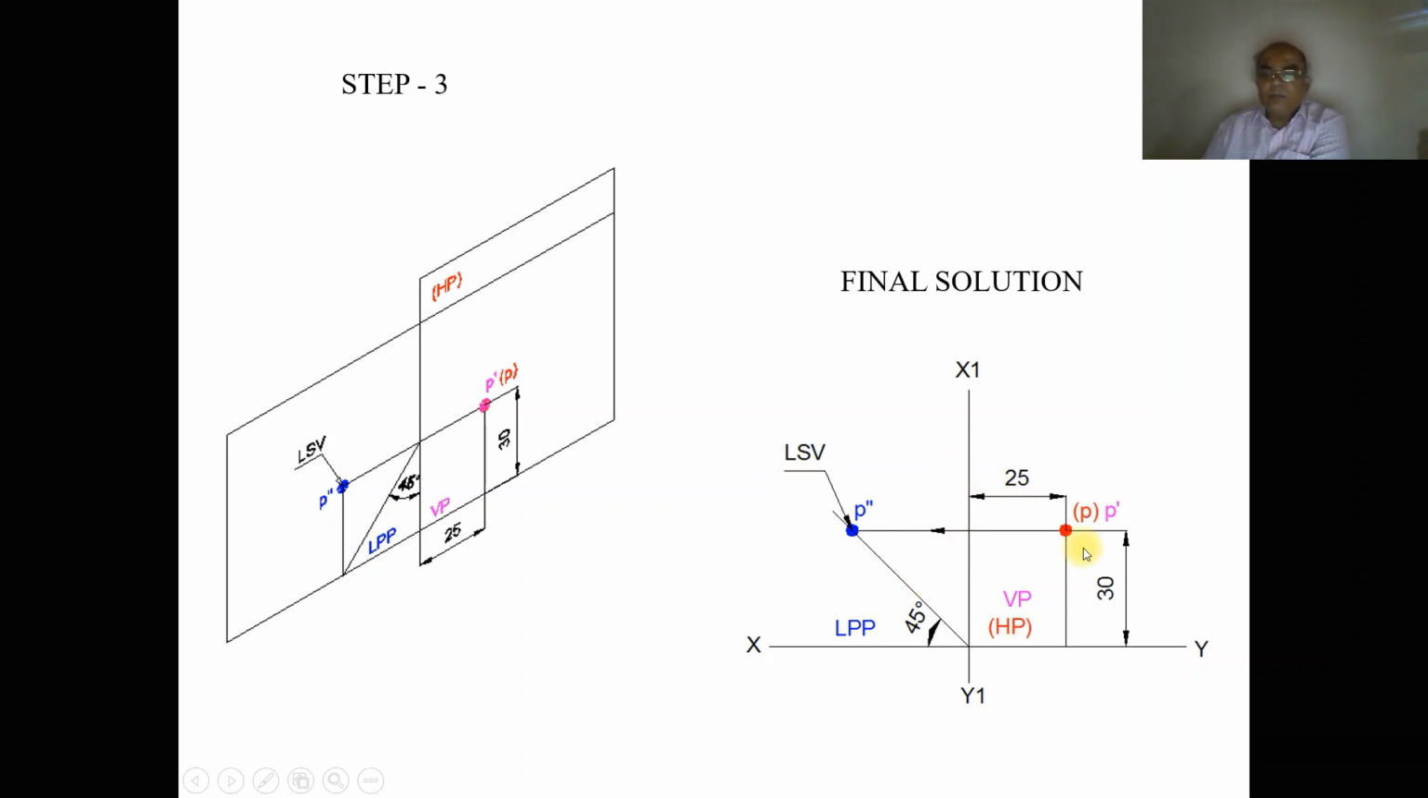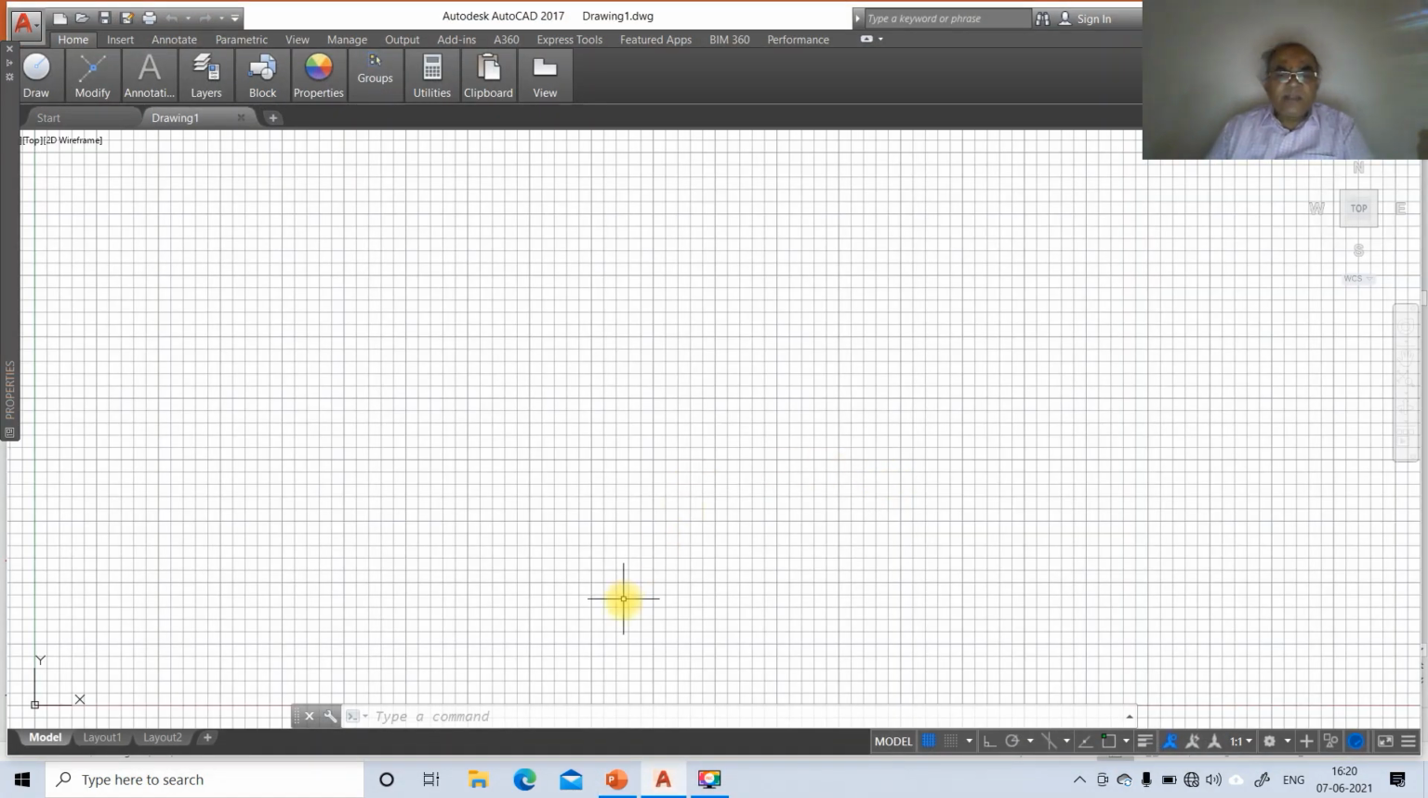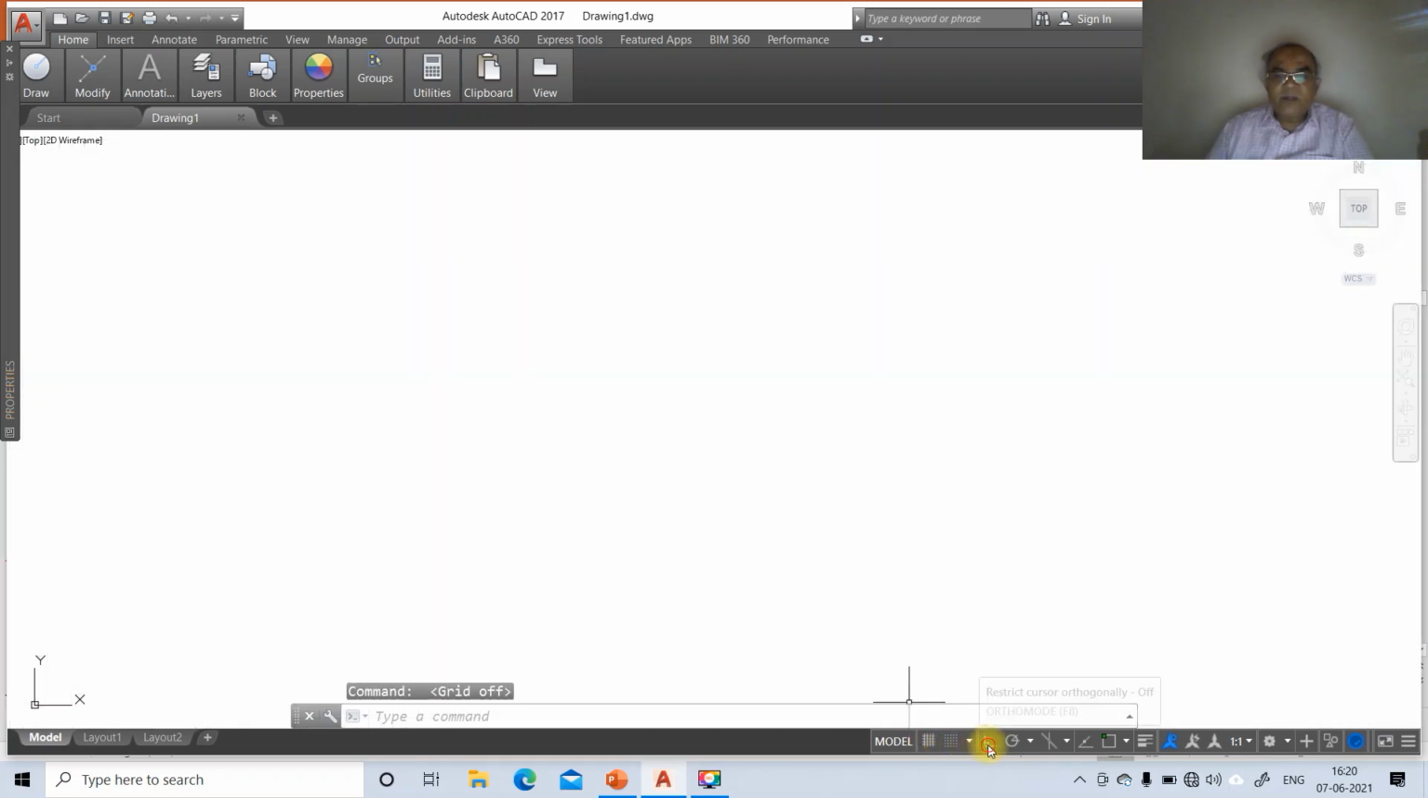Now we are going to solve the problem in AutoCAD software. First we need to create the XY plane, and then create the layers of front view, top view, and the side view. To do that, first we go to the AutoCAD screen. Then we switch off the grid mode and switch on the ortho mode, and type the command called limits,